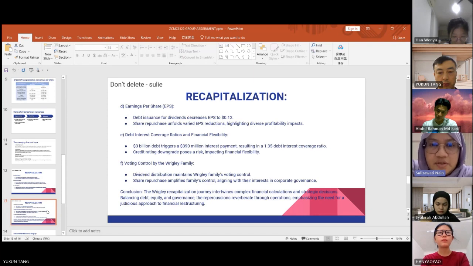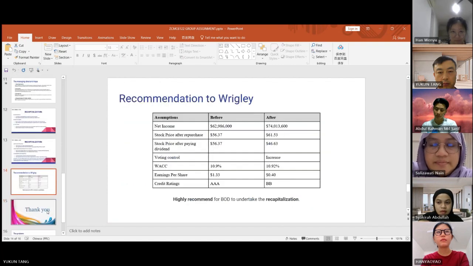So conclusion, the WRIGLEY recapitalization journey, whether they pay dividends or repurchase shares, is a strategic decision balancing debt, equity and governance. The repercussions reverberate through operations, emphasizing the need for a judicious approach to financial restructuring. So to conclude everything, should WRIGLEY's directors undertake the recapitalization? After careful consideration of the risks and benefits of the recapitalization of WRIGLEY, we recommend that the board of directors